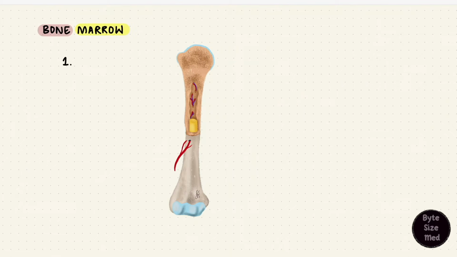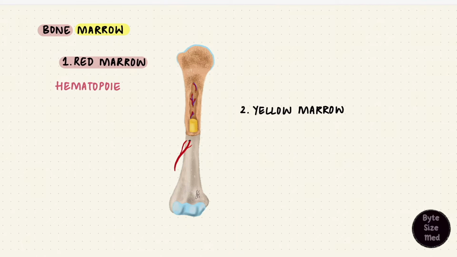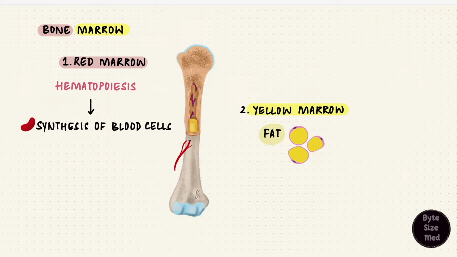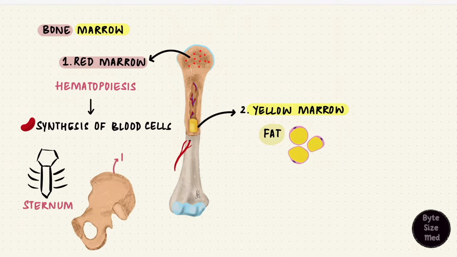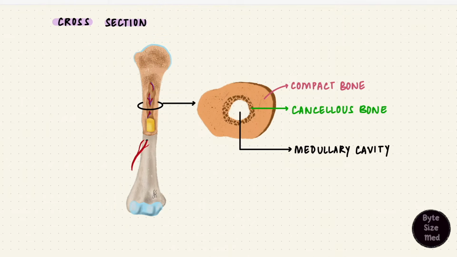Bone marrow could be of two types, yellow or red. Red bone marrow is hematopoietic, meaning it can synthesize blood cells. But with age, a lot of the red bone marrow gets replaced by yellow marrow, which is fat, so it's got adipocytes. The diaphysis of most adult long bones usually has yellow bone marrow, but cancellous bone of the epiphyses in some long bones can have red bone marrow. There are some areas where red marrow persists for life, like the sternum and the iliac crest, but for now our focus is more on the structures of the compact and cancellous bone.